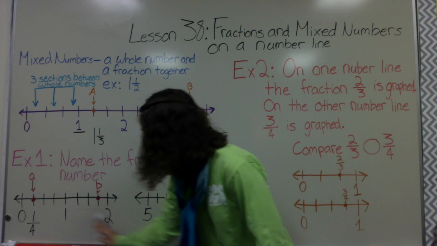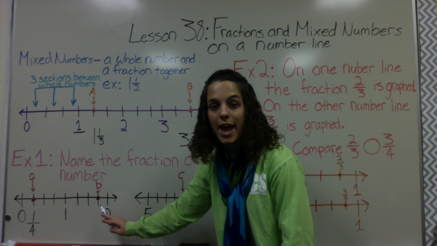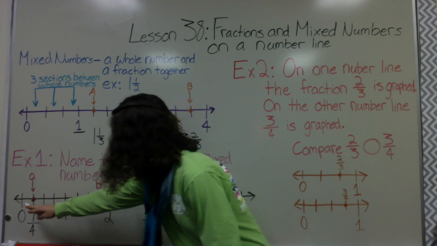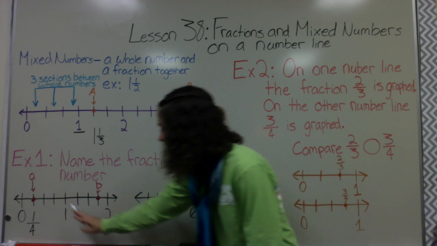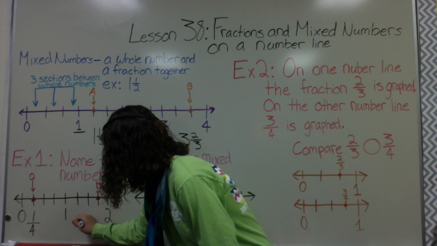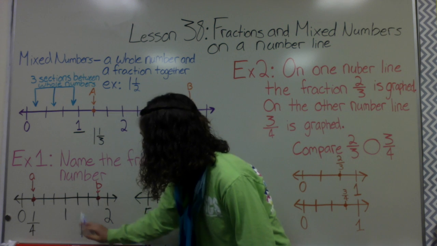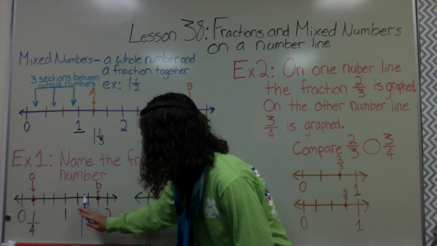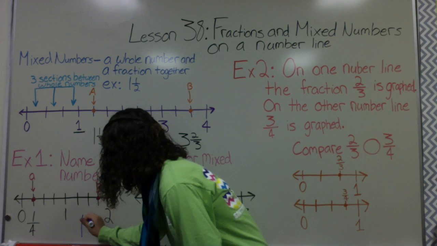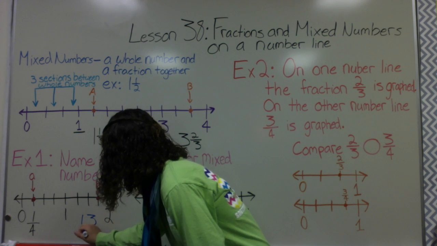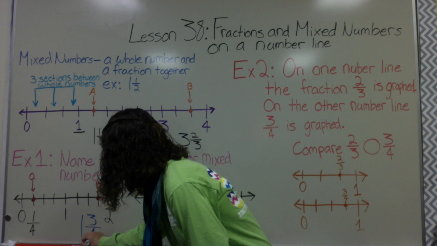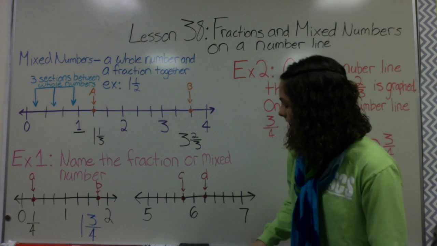I'm past 1, but I'm less than 2, so I'm not at 2 yet. I know I still, on the same number line, I still have fourths. So my whole number is 1, because I know I have more than one whole. I have 1/4, 2/4, 3/4. So my mixed number is 1 3/4. All right, letter